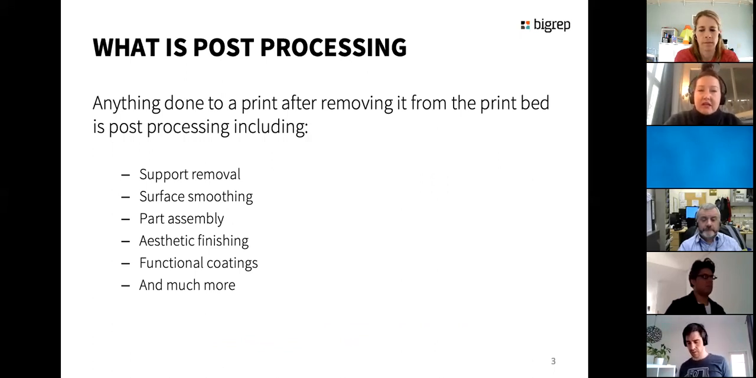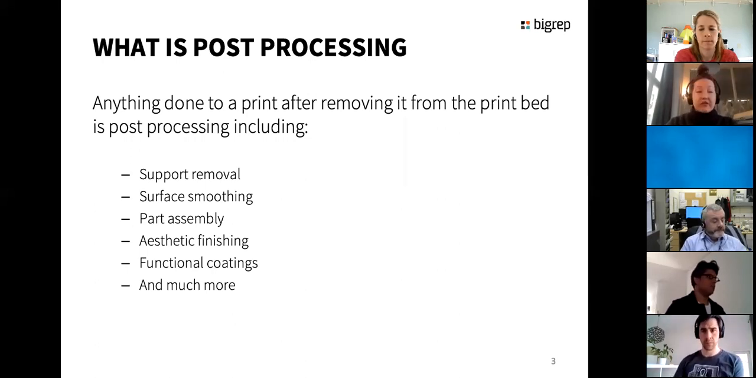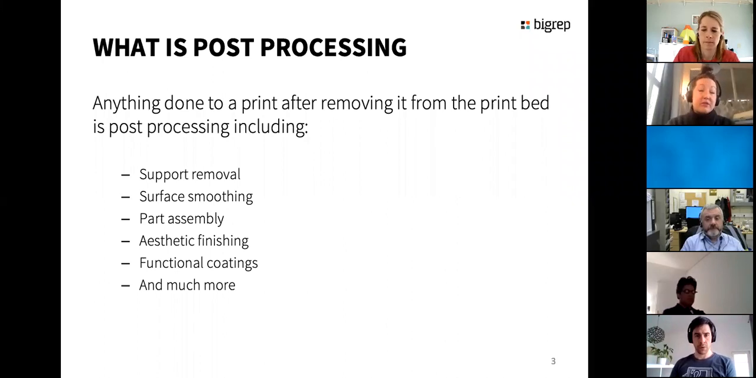Okay, so what is post-processing? Simply anything that you do to a print after you remove it from the print bed. This would mean, of course, support removal, which if you're already printing, you're probably familiar with. A really common one is surface smoothing, especially for FFF prints, especially large-scale prints like BigRep printers. The layer heights tend to be a bit higher because of the scale of the parts, so you get these surface layers that are visible,